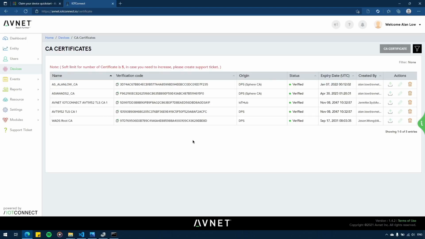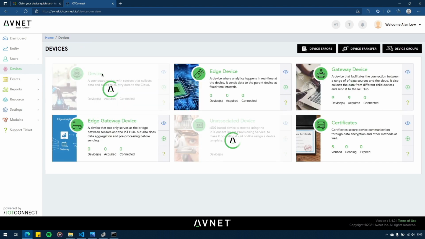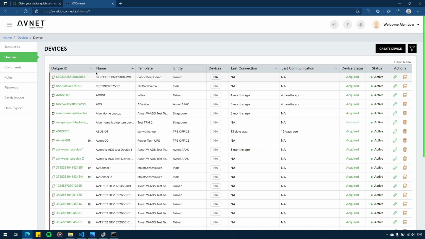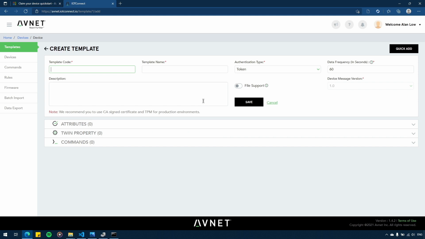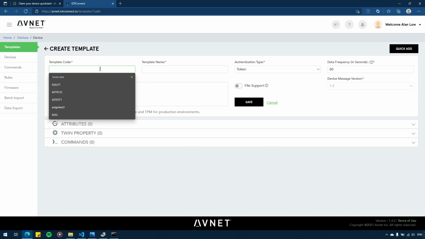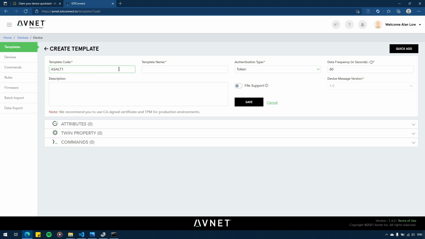Next, we need to create a template for the Azure Sphere device. Go to device, as templates, and create template. We'll give a template code ASALT1. Name will be Azure Sphere Allen Low template 1. The authentication type we will choose CA signed certificate. Click save,